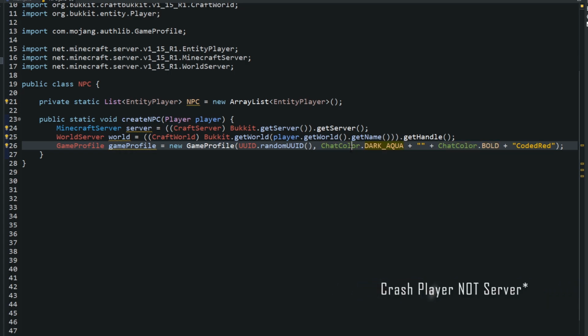So how do you get around this? You can spawn in a hologram. I didn't get to go over holograms yet, but basically holograms are just armor stands that you are setting to invisible, and then just putting a custom name. So if we put a hologram above the character, we can make the character name a million digits long. It doesn't really matter. But just for right now, the NPC can only have a 16 character long name.